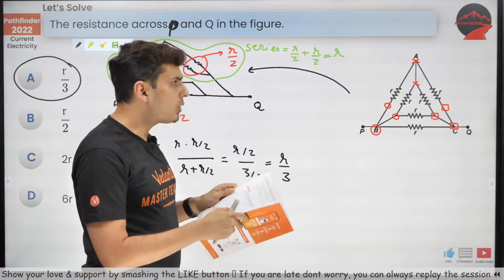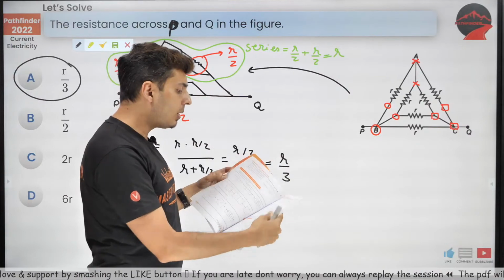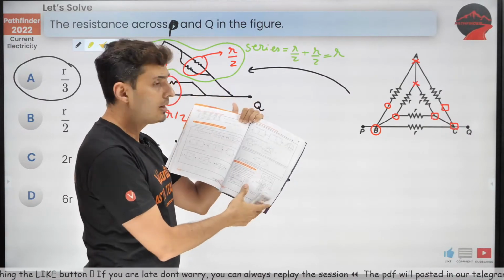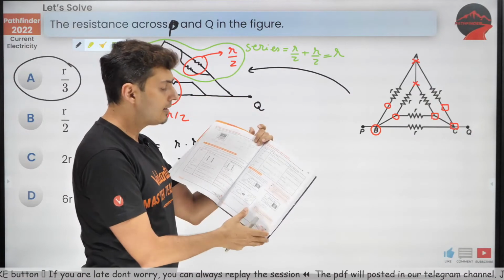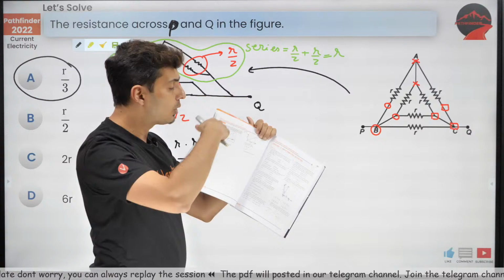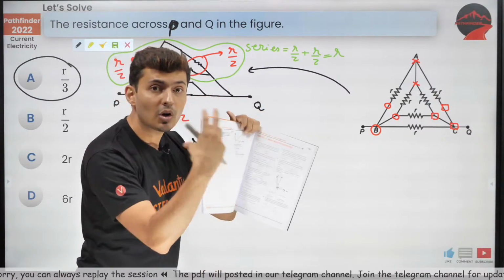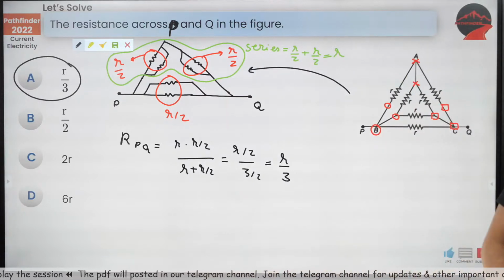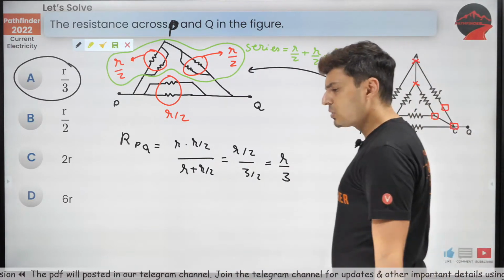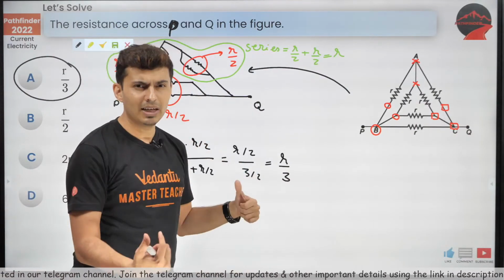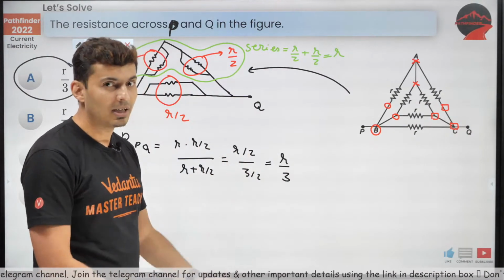If you want to solve only problems on this, there are only problems on those kinds of circuits over here. Parallel you want, yes, it's there. Infinite resistance you want, yes, that is also there. If you want symmetry method problems, that is also there. So for every concept there are problems for you to practice and solve examples as well. This also has previous year questions, advanced questions, mains questions, everything. Plus you can also check out the PDF from my previous sessions in the playlist.